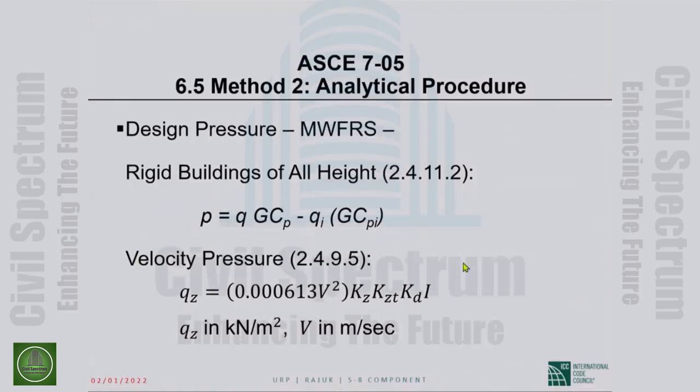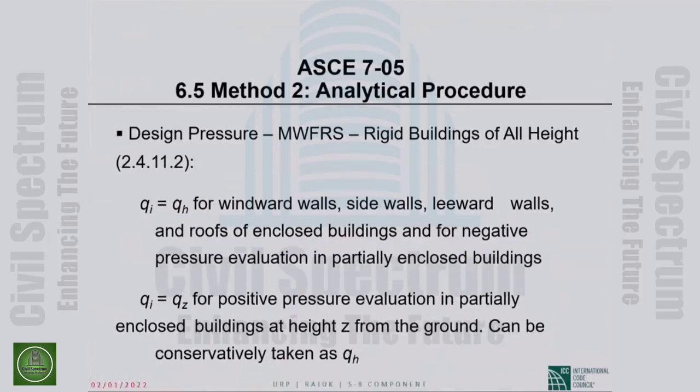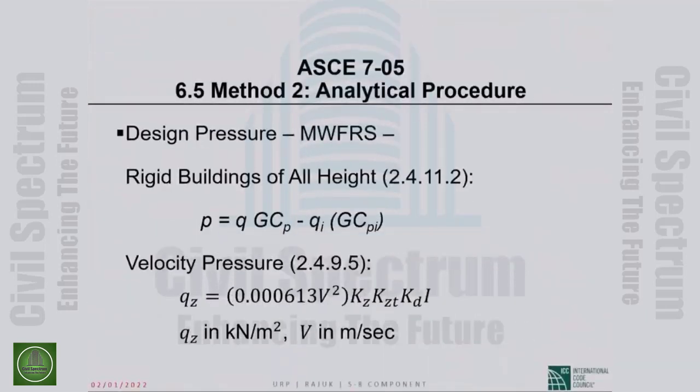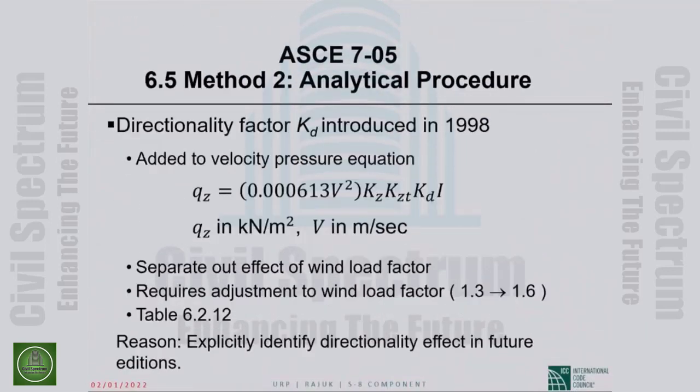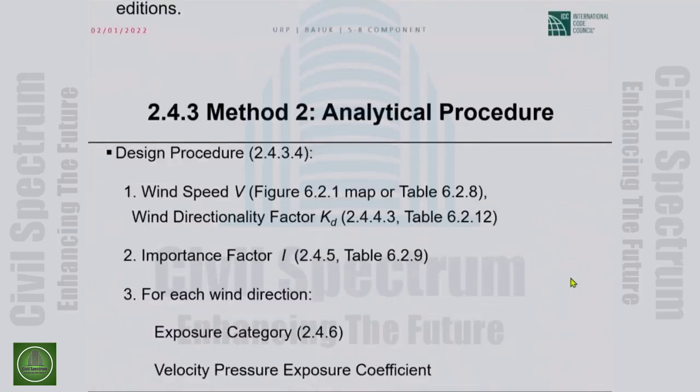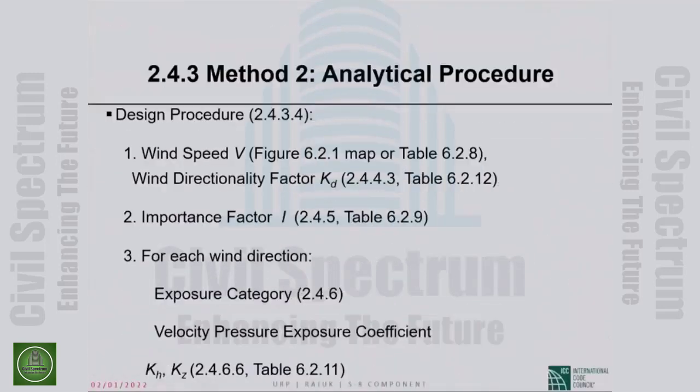Actually, these two pages are probably a repeat of what has already been discussed or what is to come. So let me start, even though this has been covered. The velocity pressure we have talked about, and the load factor. So this has been okay. So let's start here. This is the analytical procedure